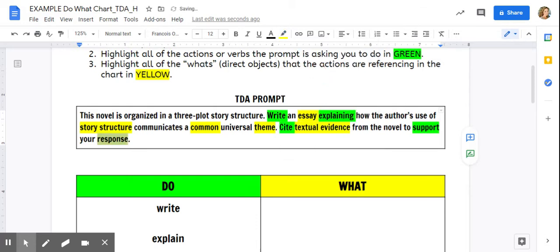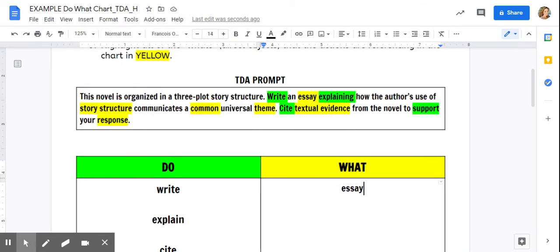Now we have all of our what's, what exactly it is we're going to have to write, explain, cite, and support. So in the chart, alongside write, let's go ahead and add the what. We're going to have to write an essay. In this case, it's going to be a 5-paragraph essay, and don't worry, I'm going to walk you through all the parts of that. Then we have explain. Explain what? We're going to have to explain how the story structure communicates